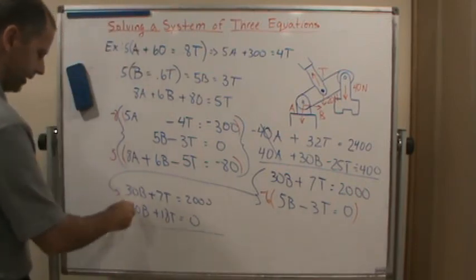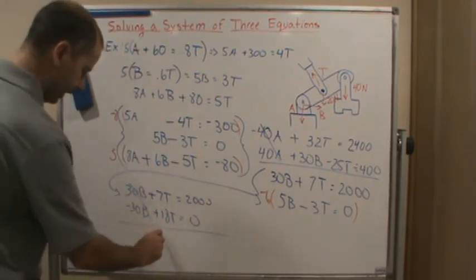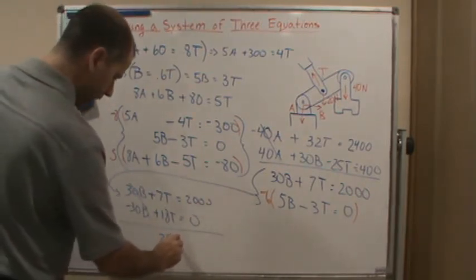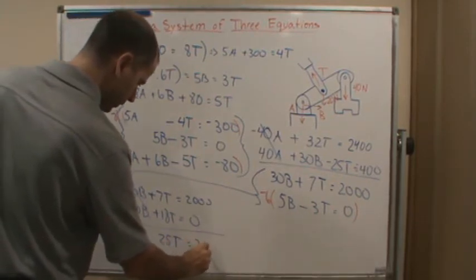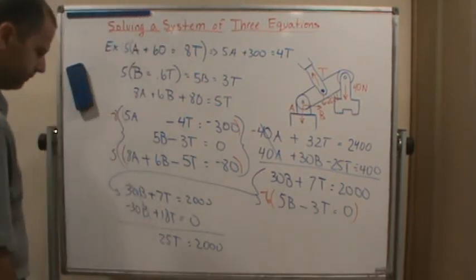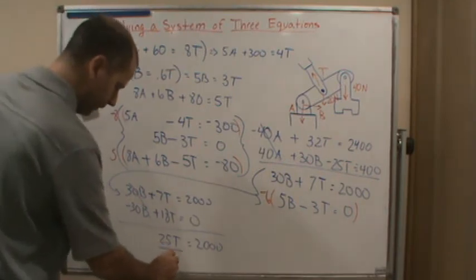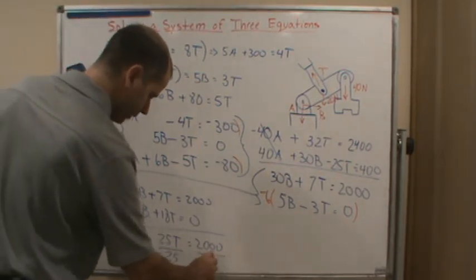And so now if I add, these go away, and I get 25T equals 2000. And of course, if I divide both sides by 25,